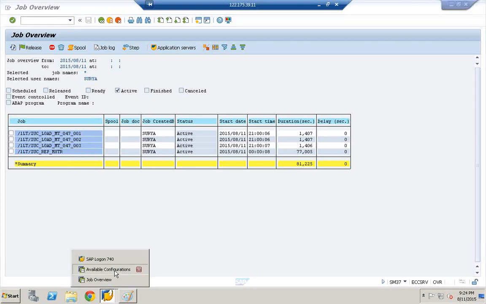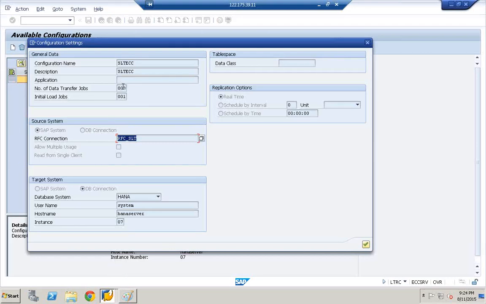So the number of jobs that you specify here, each job can transfer 4 tables. Each job requires 0.5 CPU. Let's say for our requirement we require 16 tables, then we require 4 jobs. One job requires 0.5 CPU. Usually if you see in the project